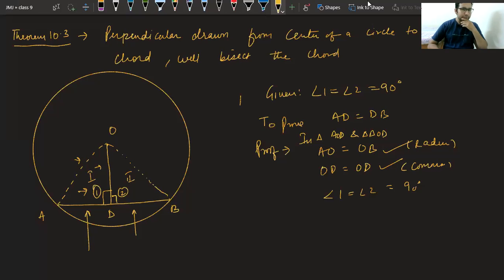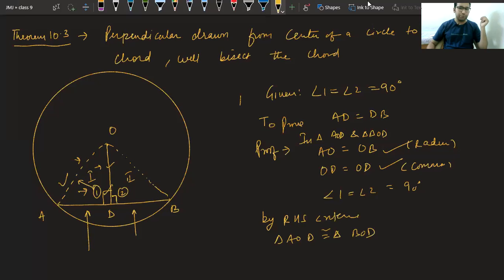What to do? Is it wrong then? Yes class? Is it wrong? Angle side, is it possible? Angle side is not possible. But if you see it is a right angle and opposite to it is a hypotenuse, you can say it is a right angle, hypotenuse and side. So by RHS we can say, angle 1, angle 2, AO equal to OB and OD equal to OD. Yes, beta. It is by right angle hypotenuse side criteria. So by RHS criteria, we can say triangle AOD is congruent to triangle BOD.